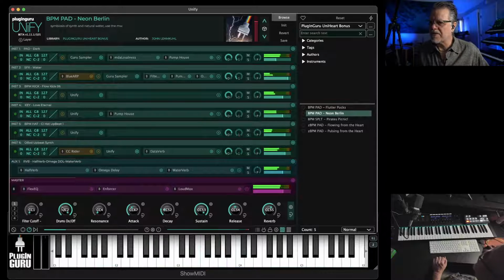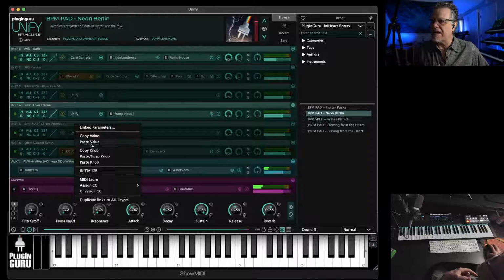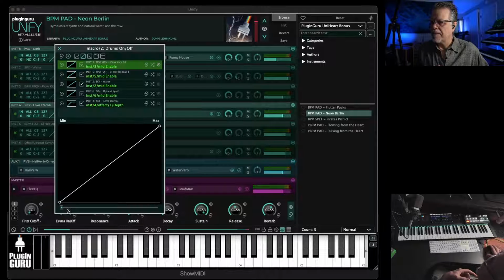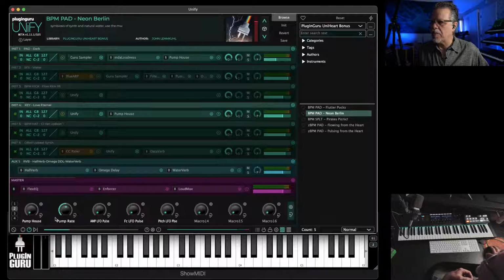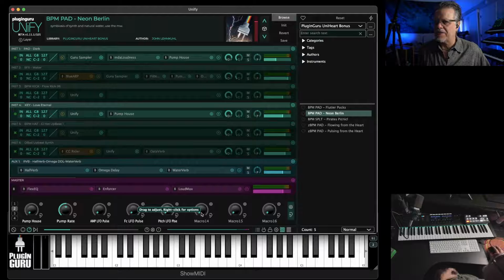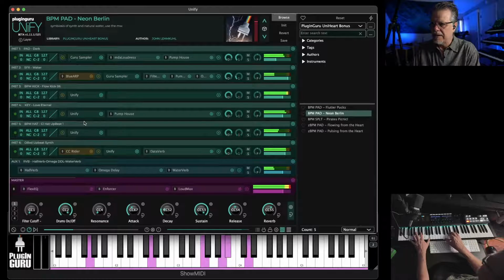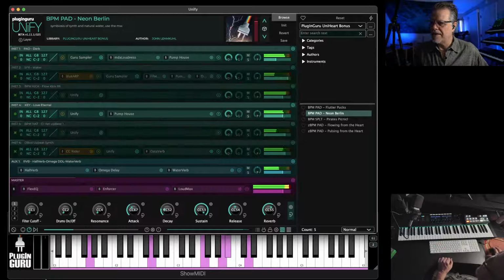So you can have everything start and stop. Now, if you wanted to, I'll let you guys do this if you want. You could say, copy this knob and then go to the kick and get rid of it and then paste the knob somewhere else and add just the kick if you want to have control over just the kick by itself so it can come in or out. But this is kind of fun. So we'll have it so it powers up with everybody. But if you want,